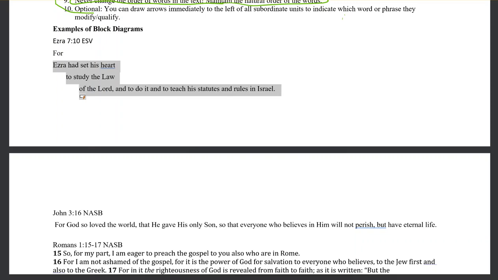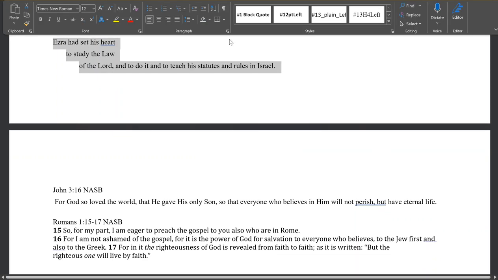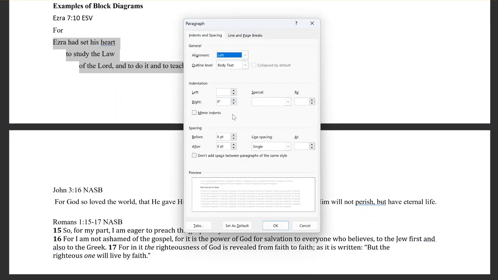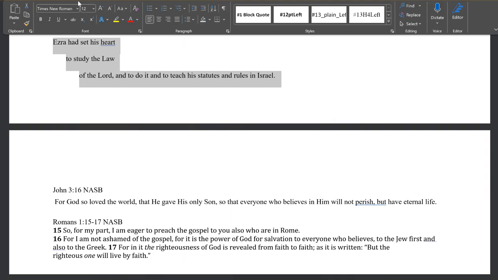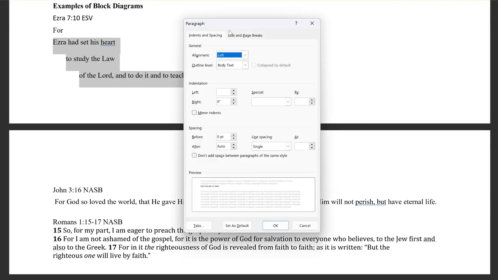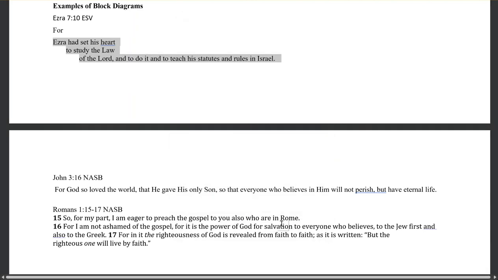I don't like the spacing that I'm having there, so I'm going to try to change the spacing between the lines. Oh, did I make it worse? I did make it worse. Hold on just one second here. Oh, because I put auto. Good, that's what I intended. I didn't select that.